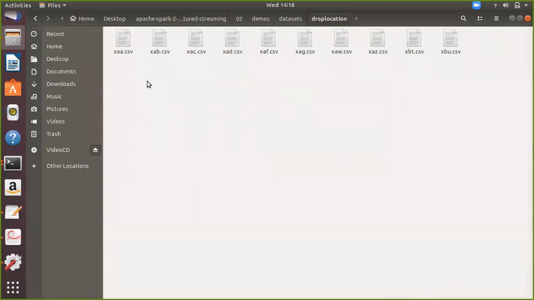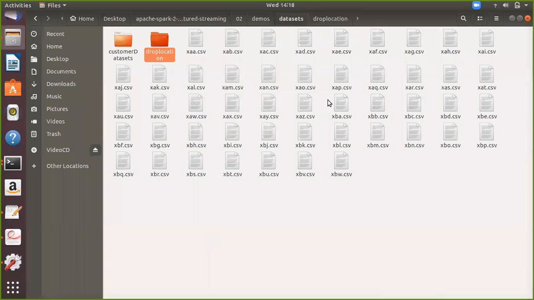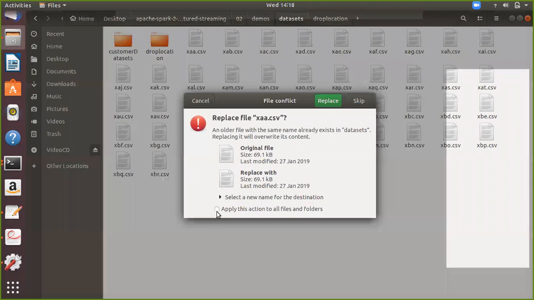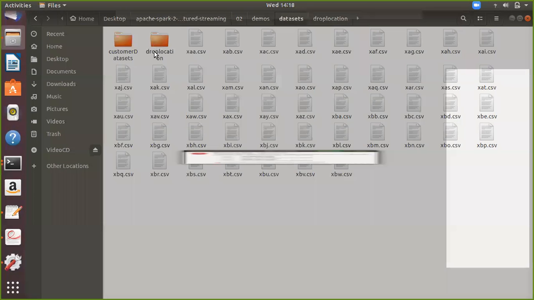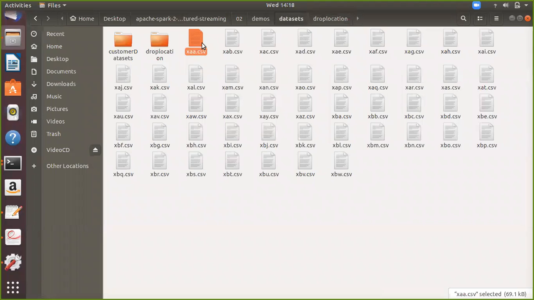Whatever data is available here, I am just pushing it back here. There is nothing in this drop location, so maybe I'll just put one file here. I'll copy and put it here.